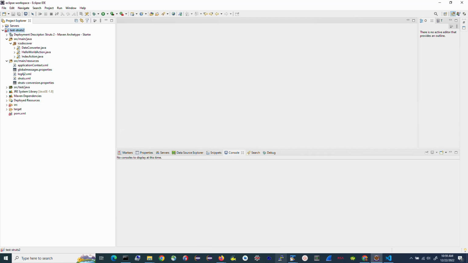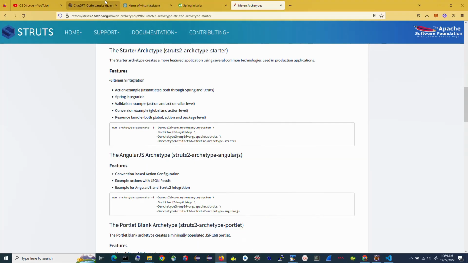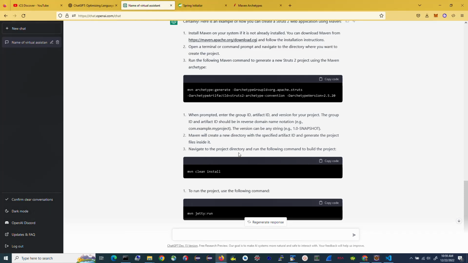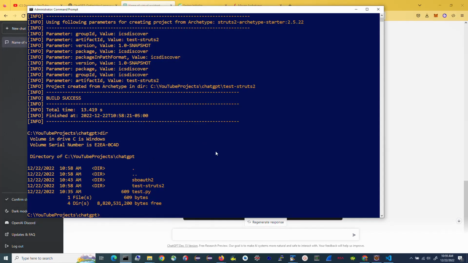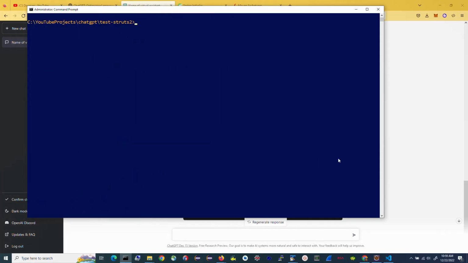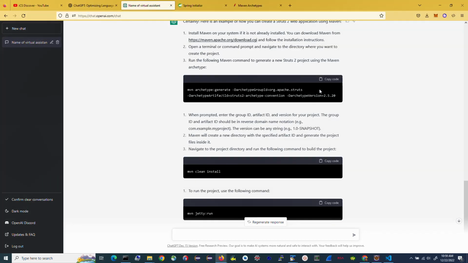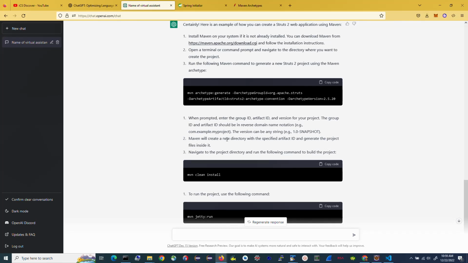Anyway, I think the moral of the story is ChatGPT is cool. Definitely what they built is really nice. And as you could tell, it tells you to run Maven clean install and then Maven jetty run. I mean, just for the sake of it, let's go ahead and try that. So I'm going to go to that directory first of all, where it created it. Of course, it told you a bunch of other things, like after running this, it'll create a new directory, specify the archetype ID,